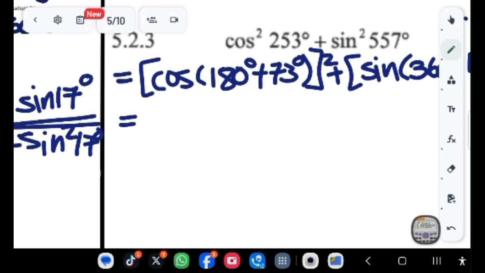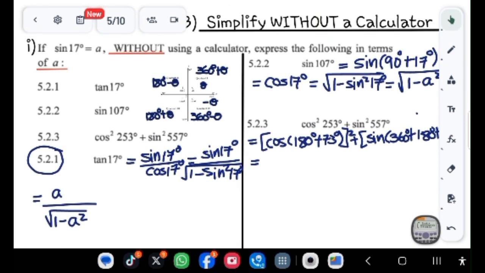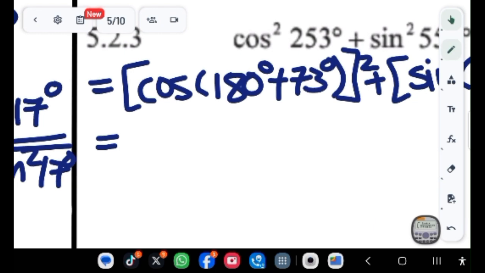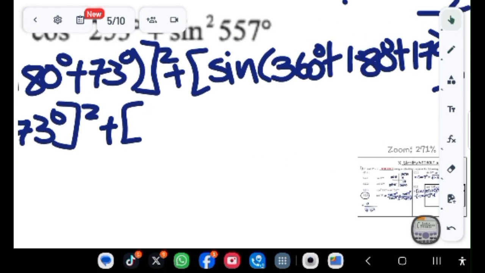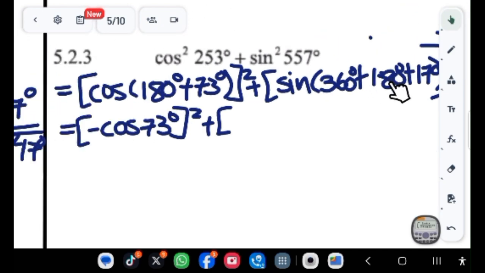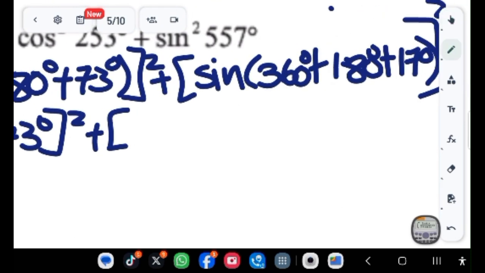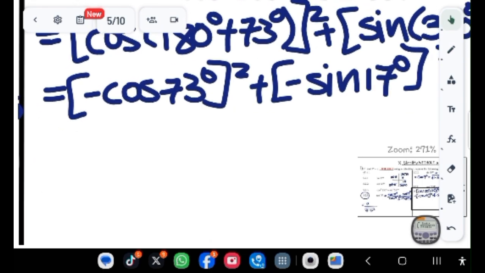This one is reduced as the cos of 73 degrees. Okay, but 180 plus 73 lands us in the third quadrant where cos is negative, so that will be negative cos of 73 degrees all squared. Don't forget the squares. So that will be 360 plus 180 plus 17. It will land us in the third quadrant, so sine is negative. There's the negative sine of 17 degrees all squared, which is equals to